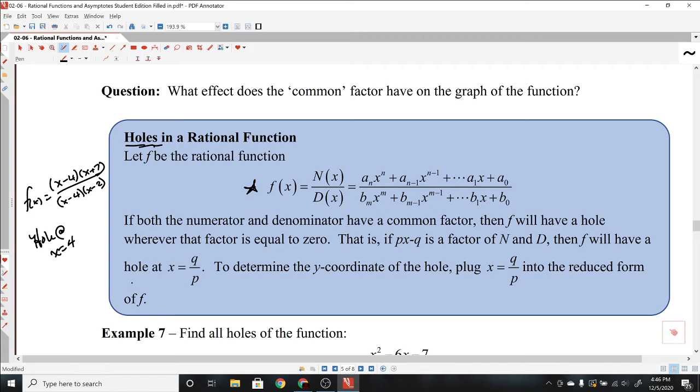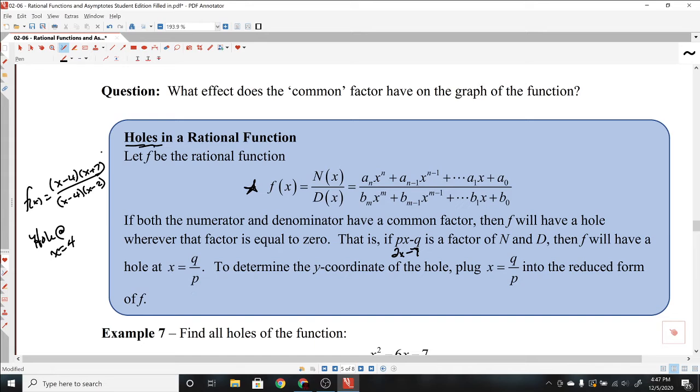Now, to say all of this, if that common factor is px minus q, so in other words, like 2x minus 7 or something like that, then f will have a hole at positive 7 over 2. So in other words, just set that factor equal to 0, solve it, and that will give you the x coordinate of that hole. To determine the y coordinate of the hole, we're going to plug that value into the